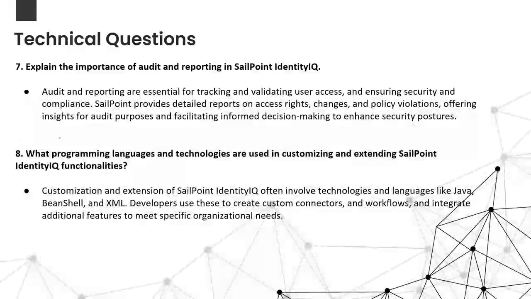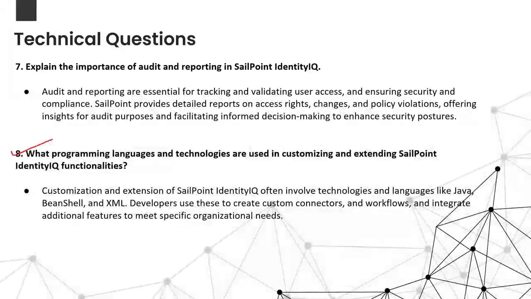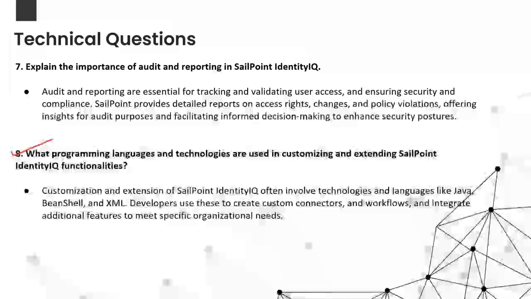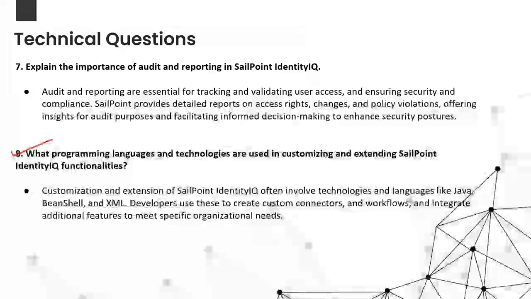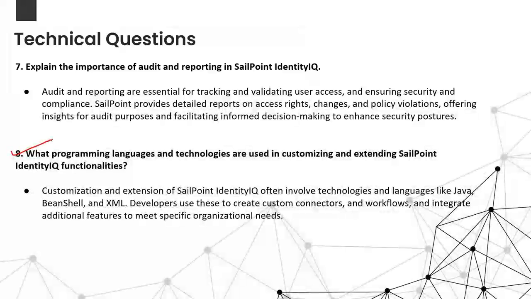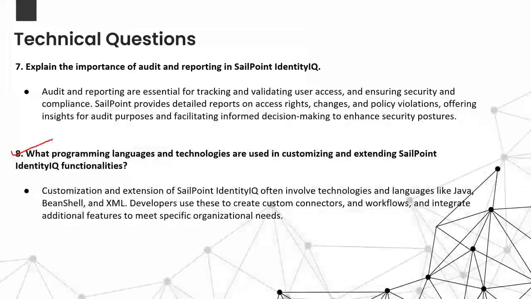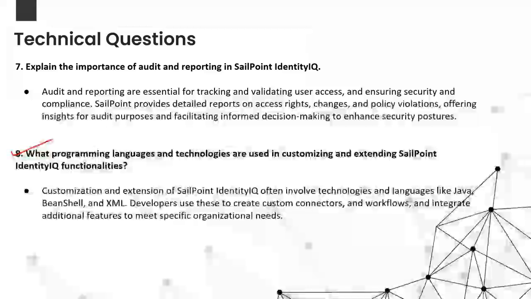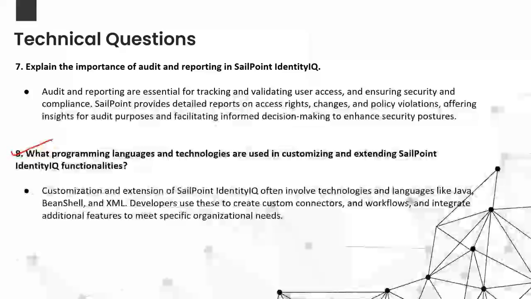Okay. Next, the other thing is what are the development technologies or programming languages used in customizing SailPoint IdentityIQ. When you do customizations inside SailPoint functionalities, in any of the behaviors, any of the flows, or any of the modules of SailPoint, what languages are you going to use inside your SailPoint IdentityIQ?